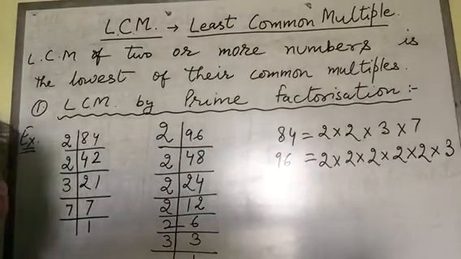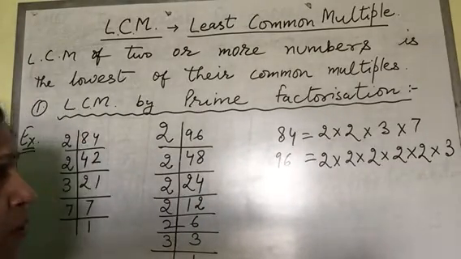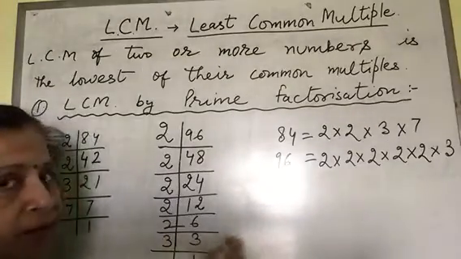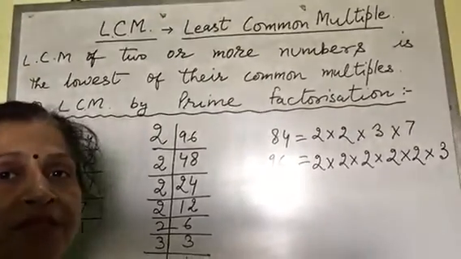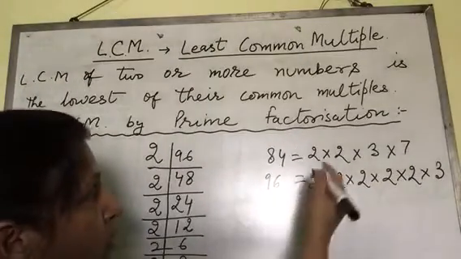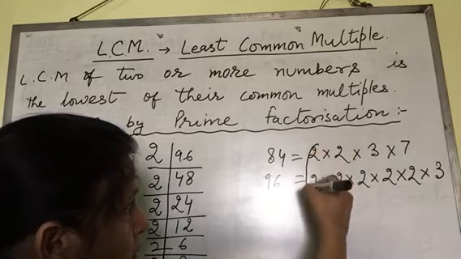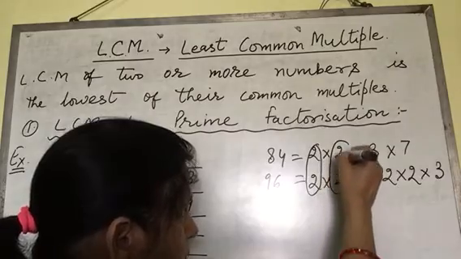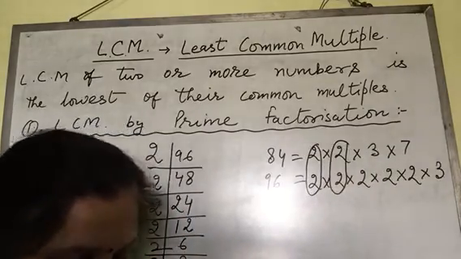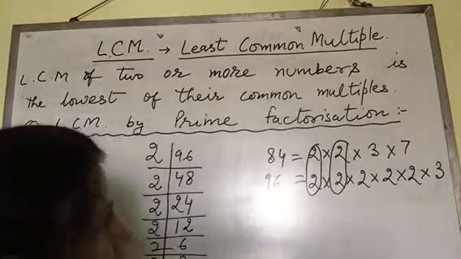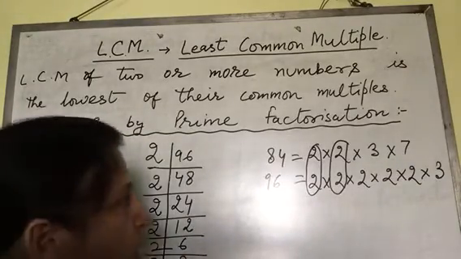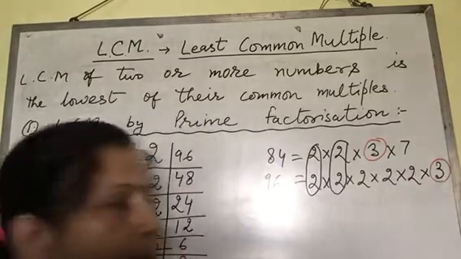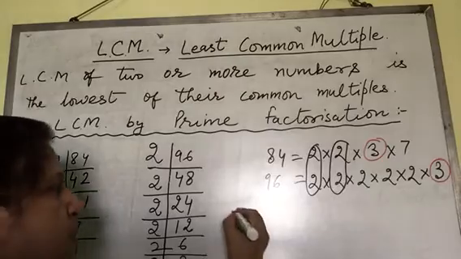Now please see carefully. Look here. Now I am going to encircle the common factors. I am going to encircle the common ones. Which are the commons? Now let us see. 2, these two are common, right? इनको circle कर दिया. Again, these two numbers are common. इनको हमने circle कर दिया, right? Then the next number is 3. 3 is also common here. ठीक है? So इसको भी हमने circle कर दिया, right?